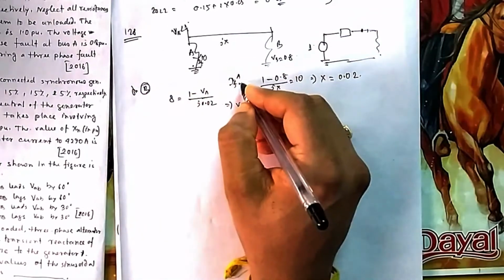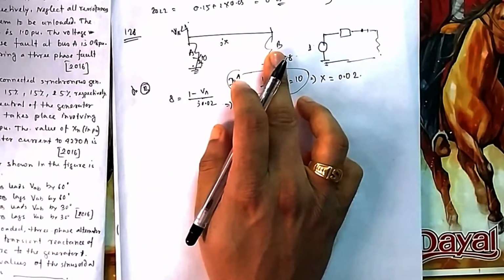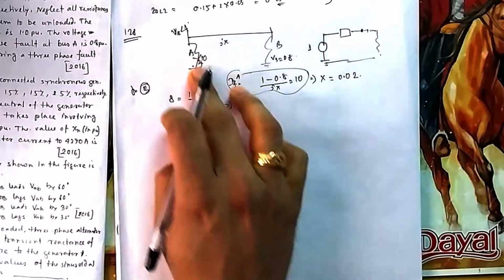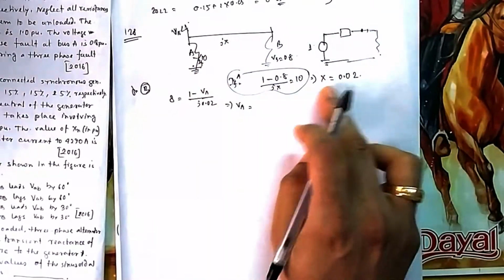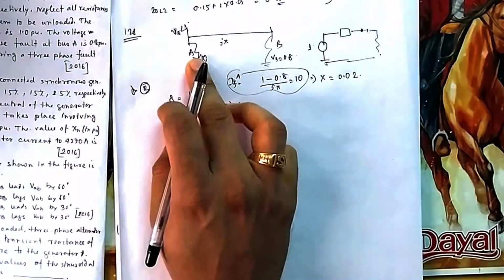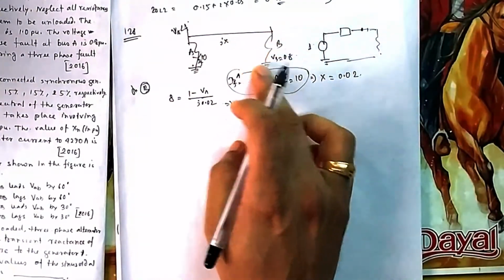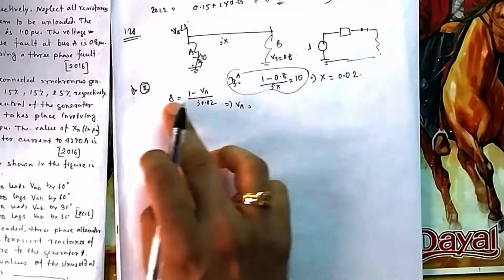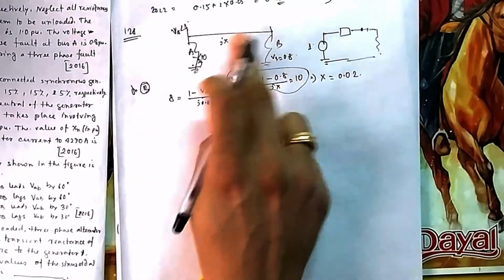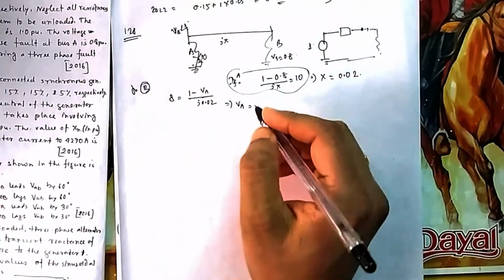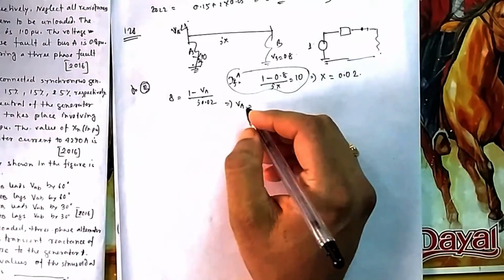And this is in case of fault at A. So this is 1, this is 0.8 they have given, this is X, you don't know, the current you know. What is the current flowing in the circuit? 10. So from here you calculate this X. Using this X, now you calculate for the second case, where the current flowing here is 8, as the fault is here. This voltage is 1, this voltage you don't know. If you calculate again, it will be 0.84.